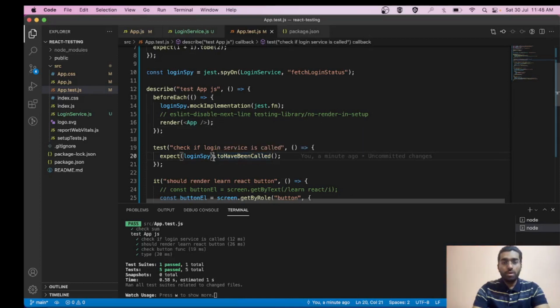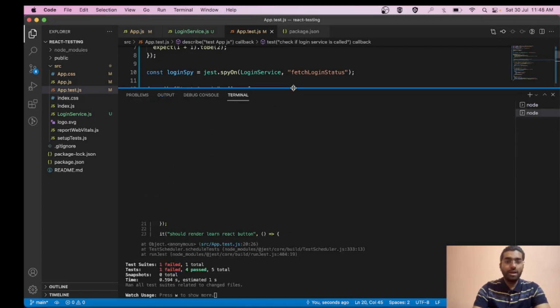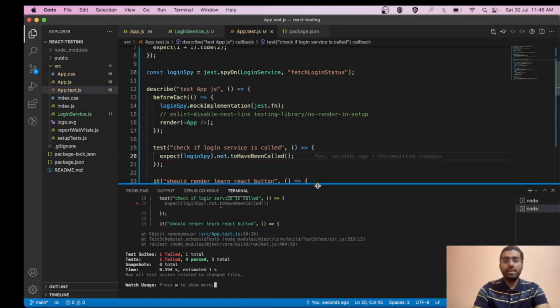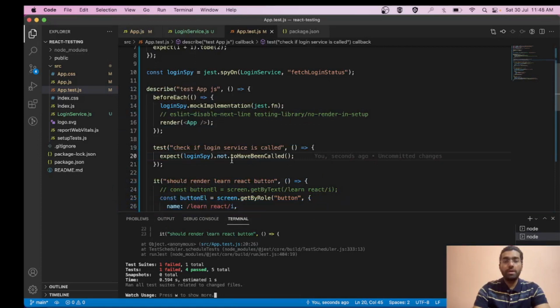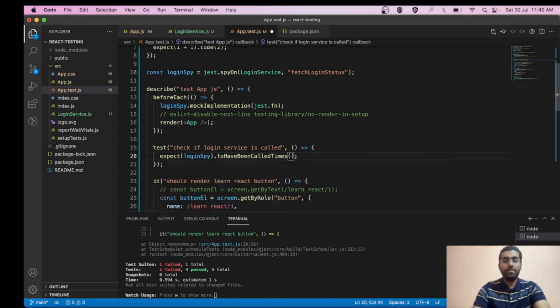One more thing. Let's check the not case also. So it breaks our code. Why does it break our code? Because the expected number of calls that we have given is 0, but the received number of calls is 1. So it says that yes, it has been called in the code base, so we have to remove this not. One more thing you can do over here is use another function, times, and specify the number of API calls.